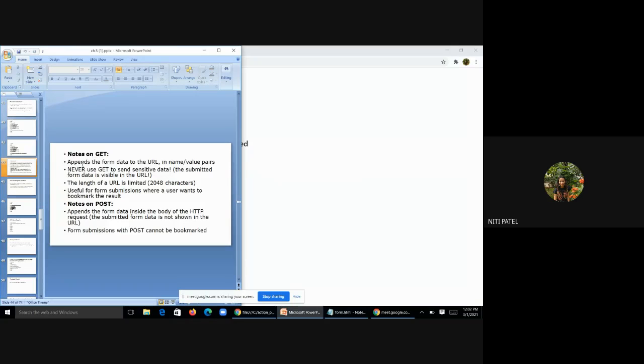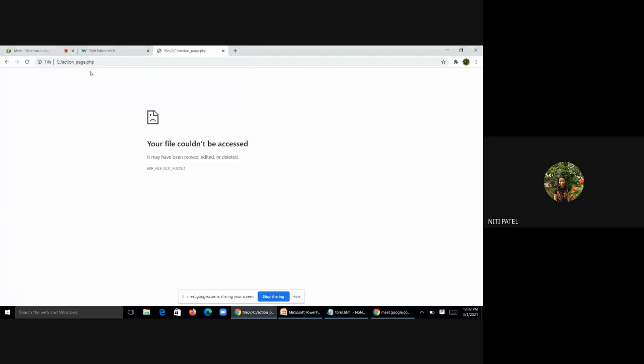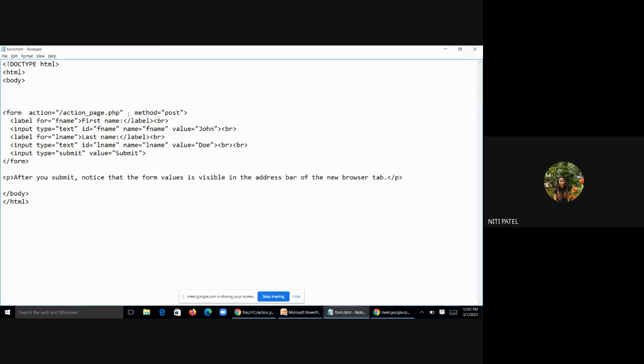So see, when you make use of get, what is to be remembered? It appends the form data to the URL in the name value pair. है ना? Name value pair में आया था ना? मैंने इसको अगर get किया, what is the name? This is the name और उसका value क्या था? John. तो ये पूरा pair display हुआ कि उसका F name John था और last name Doe था. तो ये पूरा दोनों भी in the form of a name and value pair, दोनों pair में display हुए.